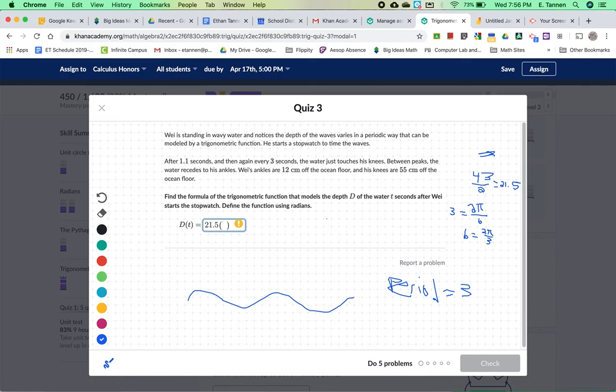Well, not necessarily, because then again every 3 seconds. So I wonder if there's been a slight shift here happening. So we'll do sine since that starts at the midpoint and it seems like it's starting close to the midpoint of,